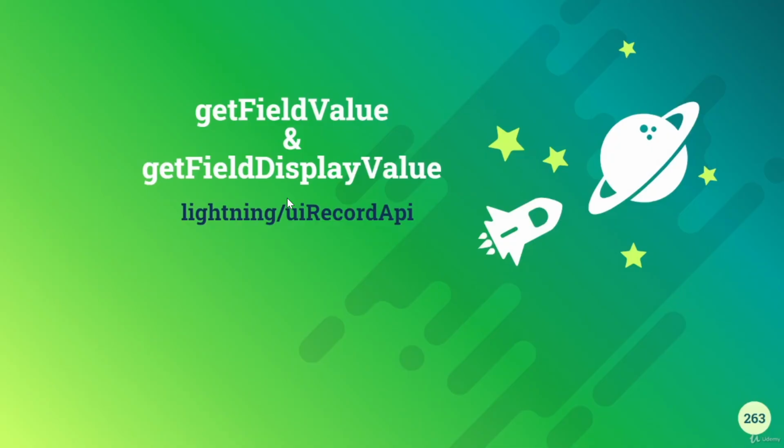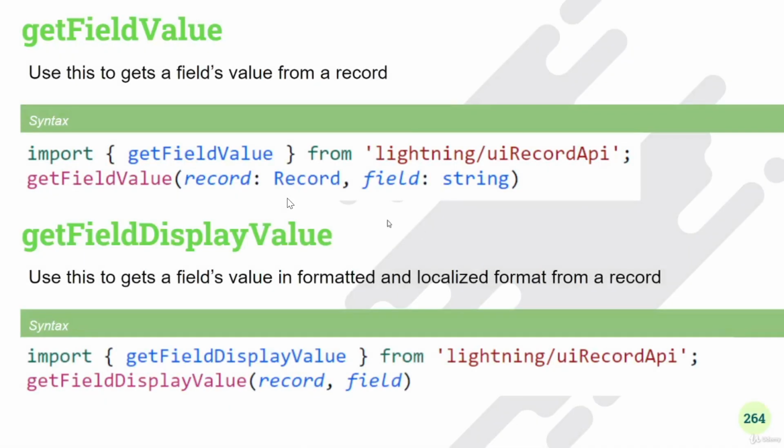In this video, we'll talk about the get field value function and the get field display value function. Both functions we import from the UI record API module. First is get field value, and we use this to get a field's value from a record. The syntax is very simple. You need to import get field value from the record API module, and then you have to call this